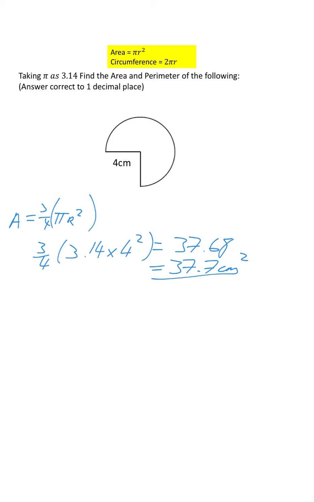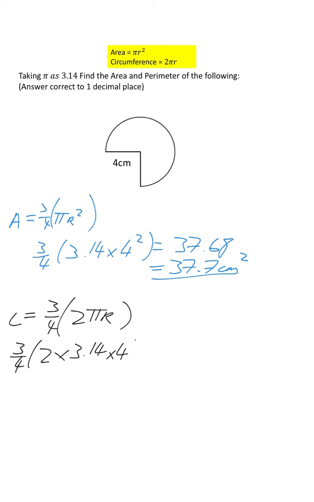Now for the circumference, our perimeter. So I'll use the circumference formula. So 2 times pi times radius. But again, we're multiplying by 3/4 because it's 3/4. So I'll have 3/4 times 2 times 3.14 times 4. And this is equal to